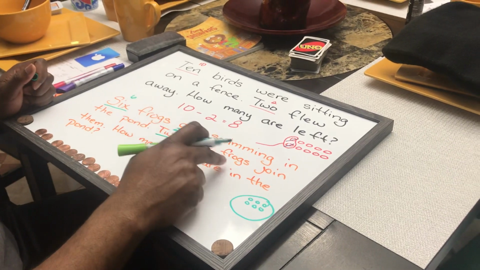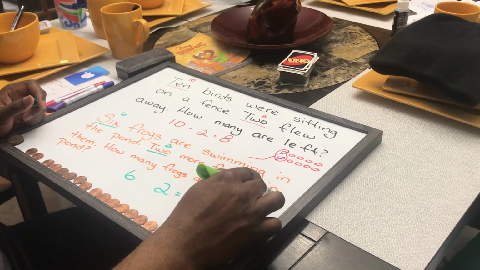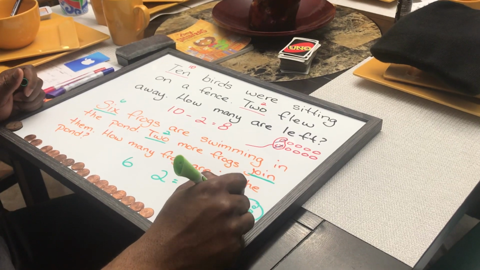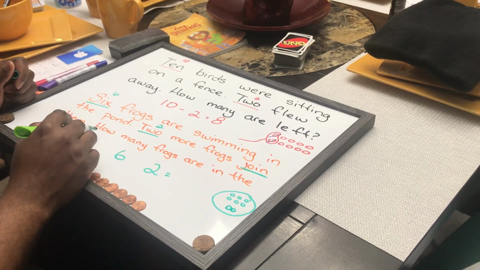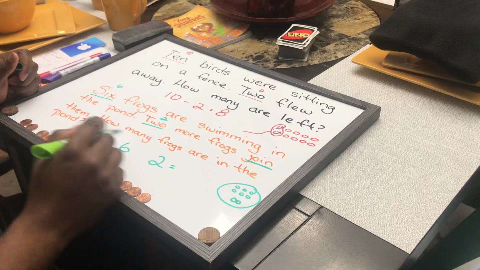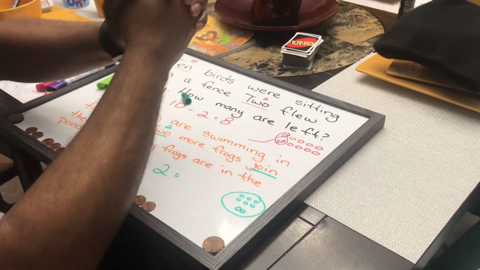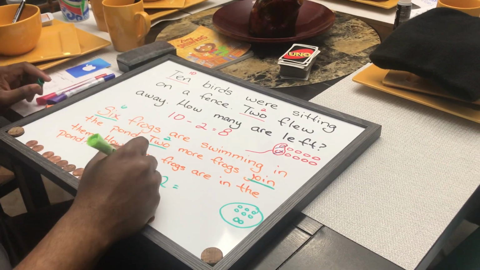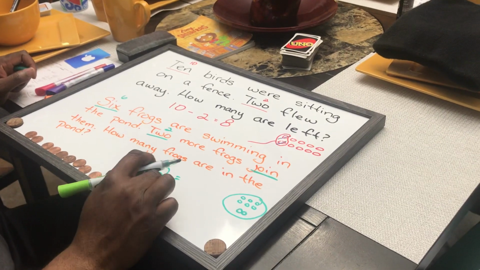Then it says 2 more frogs join. Key word, join. Join them. 2 more frogs join them. So we have 2 frogs here and they're going to join them. The question says, how many frogs are in the pond? Join. When we join something together, we are connecting it. So that means that we are adding. Excellent job. So we're going to put that plus sign there to know that 6 plus 2 equals, well, let's